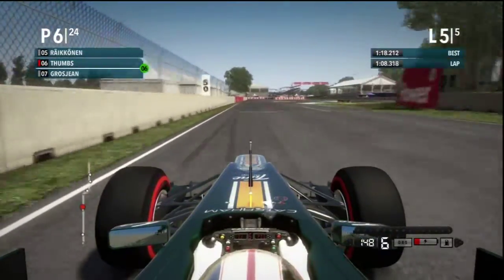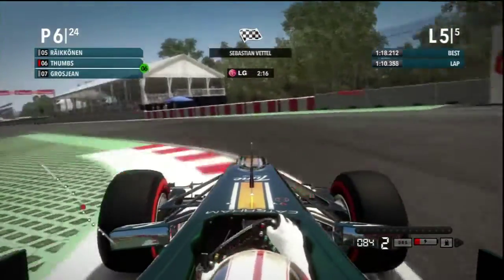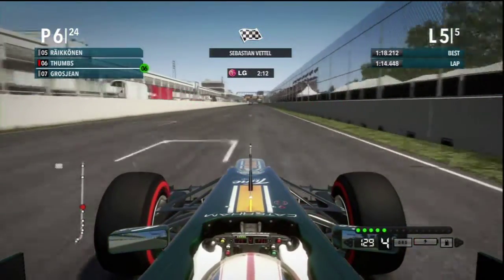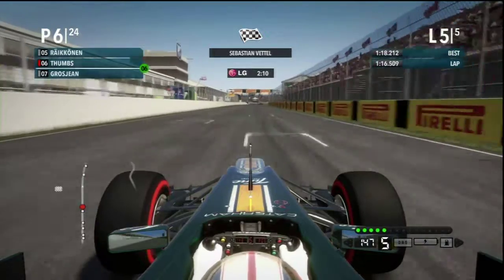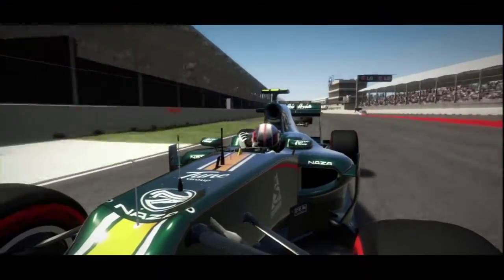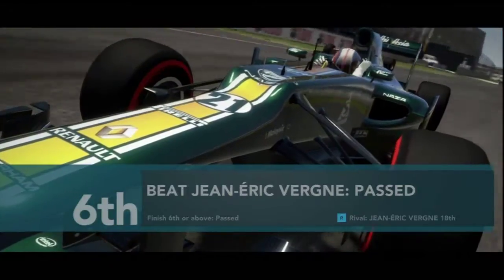Nope. Looks like I have this position sealed, although I nearly went wide and hit the wall, but I managed to stay on the track. And that's going to be the end of this race. And I've finished in P6, so I've achieved my race objective, and I've beaten Jean-Eric Vergne